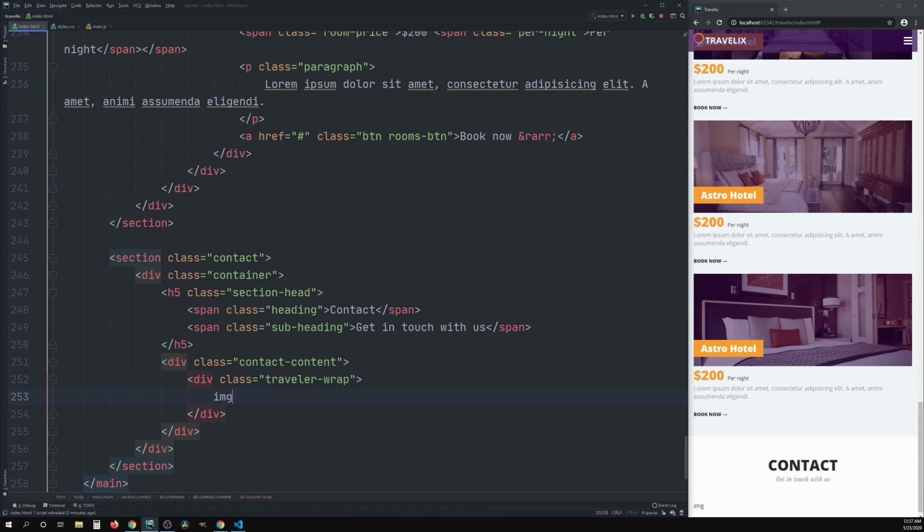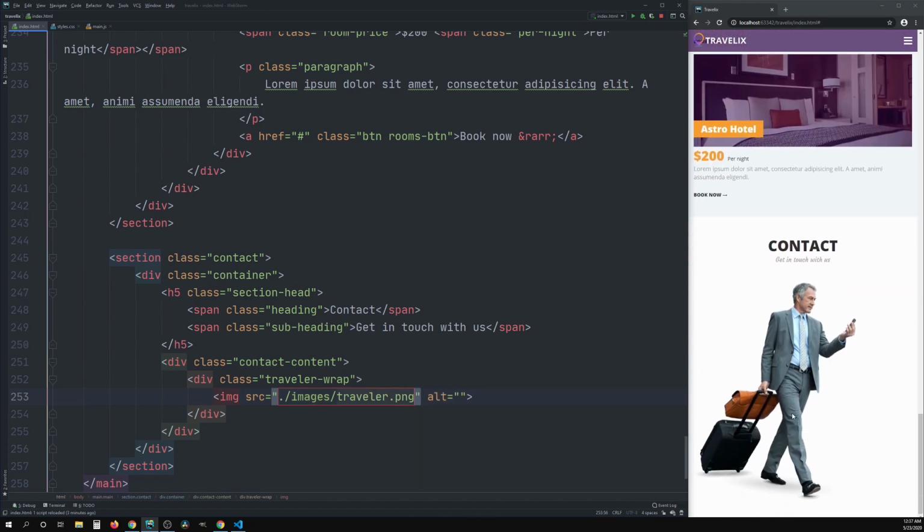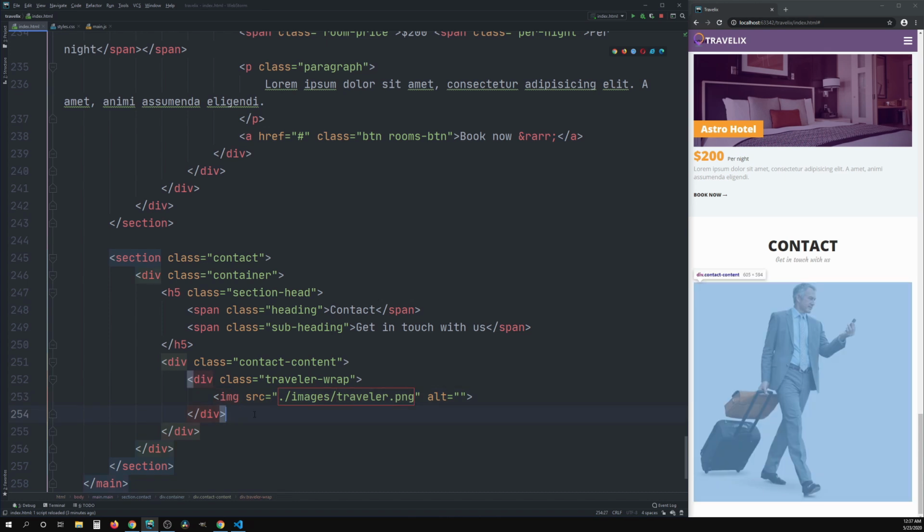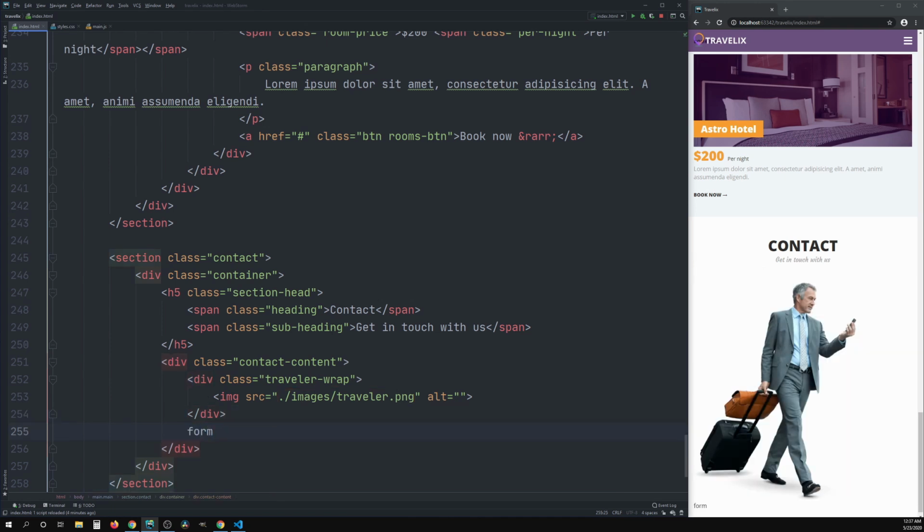The image inside of it is going to be inside of the images folder, and it's called traveler.png, which is this one right here. Now we want to go underneath of this traveler wrap div, and we will set up the form. So the form is going to have the class of form, and it's also going to have an additional class of contact form,